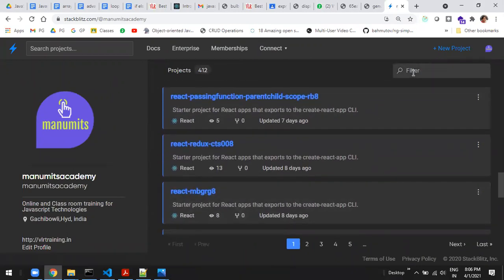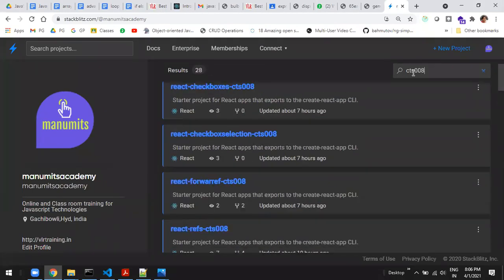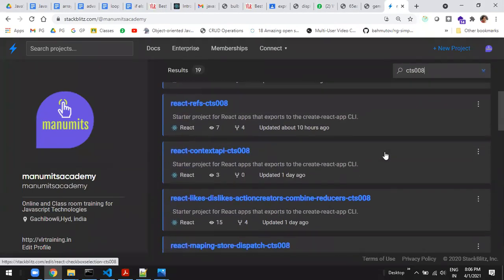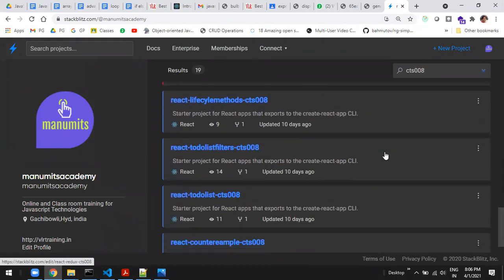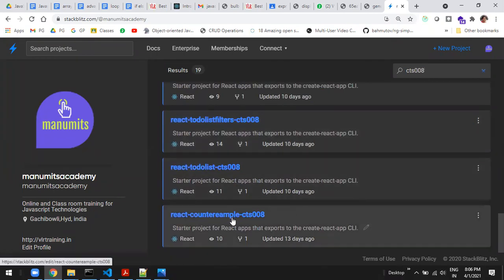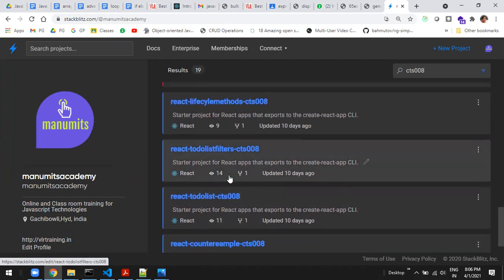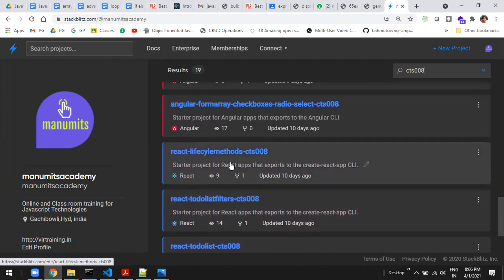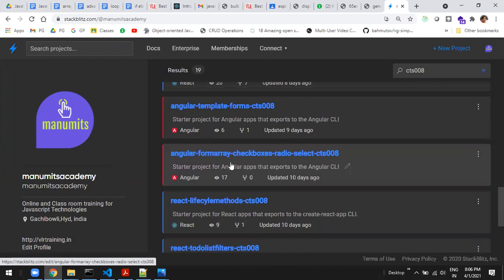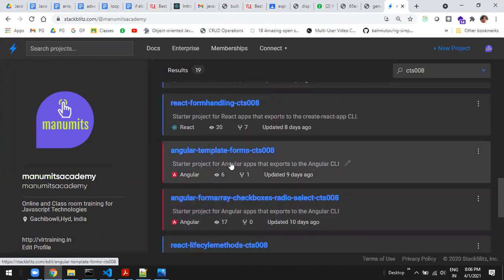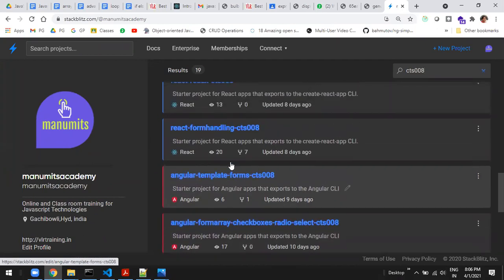For example, just go with CTS 008. This will filter only those CTS programs. First I started with the counter example, then to-do list with filters, life cycle methods, form array. This is Angular. CTS, why did I name it like that?